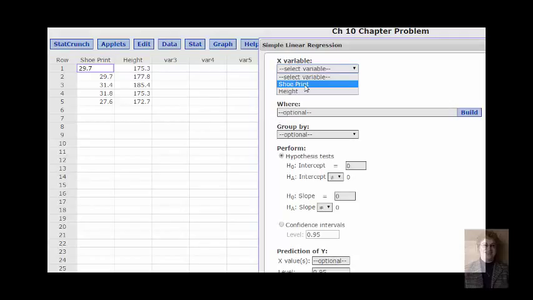It is shoe print, and my Y variable is height, because I want to try to predict their height from the length of their shoe print. I'm not going to do hypothesis testing right now, or predicting, so I'm just going to go ahead and do compute,